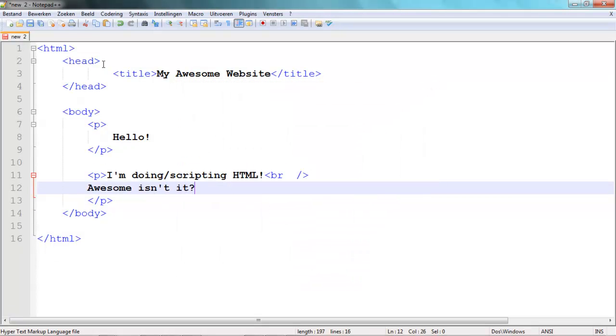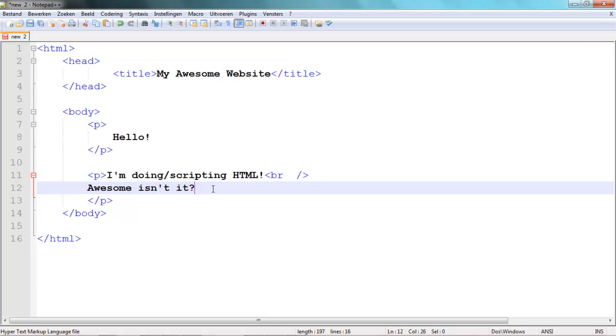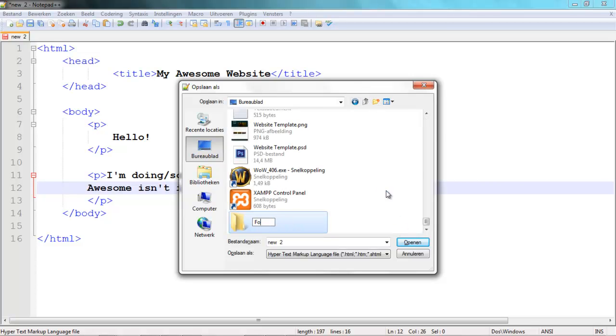This is actually the basic of the basic you need to know, and this is actually the end of the tutorial. But what we are going to do is save this. Just put it on your desktop in a folder, and call it HTML tutorial or something like that. It's your own choice what you name it. For the home page, the first page that opens when someone visits your website,